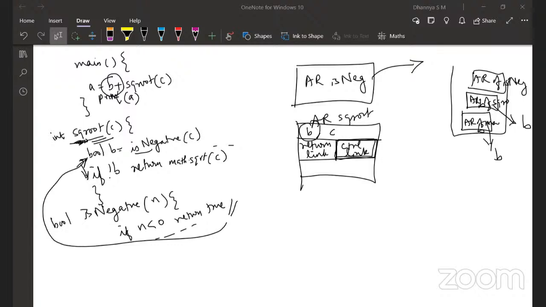Yeah, ma'am, let me explain. In the graded assignment question, there's a question where the code is written in Python. In that question, they are trying to ask whether these two variables will be stored in the same activation record, or whether separate activation records will be created for each variable.